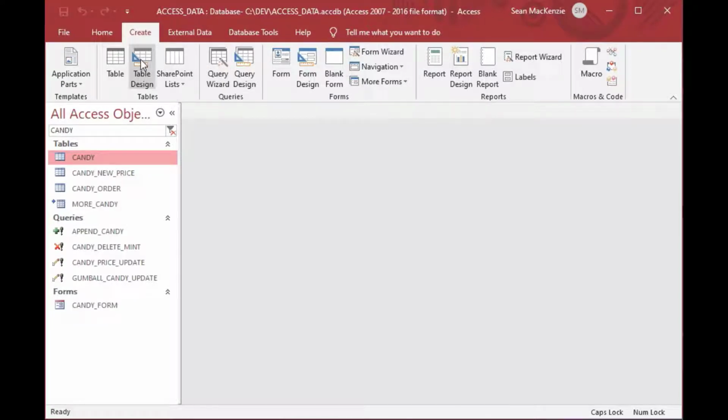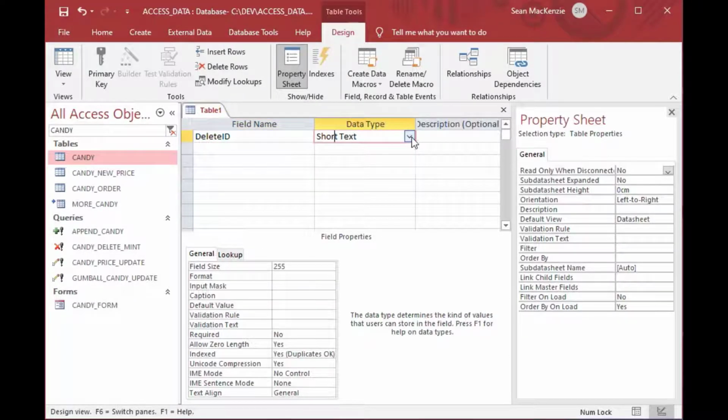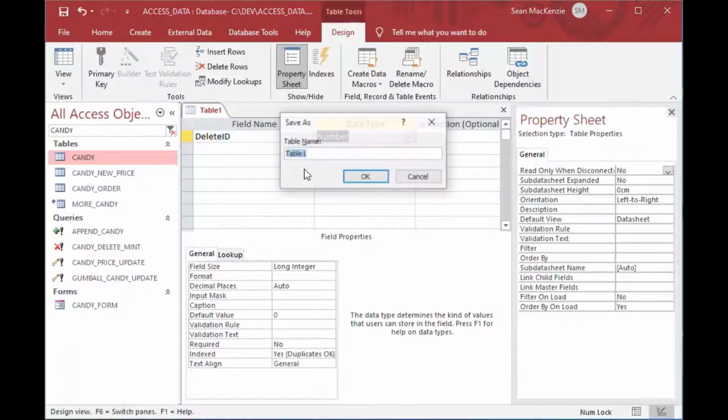Now in our second method, first thing we're going to do is create a table. We're just going to say this is a table we received from somewhere. Maybe it was a CSV file that we imported or something, and somebody said you have to delete all of these IDs,